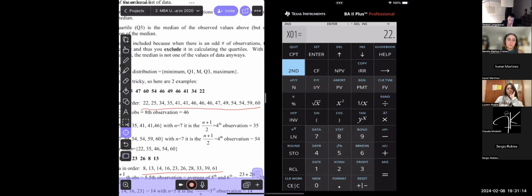Now I ask it to show me the statistics and I scroll down: 15 observations. There's my mean, 43.93. I can put it on my document. So 43.9 or 44 hits. And that's the sample standard deviation, 11.25 or 11. We can round to number of hits, although my rule is keep 2 more decimals than the values you entered. So you guys should practice that. You need to use your calculator for the test in 2 weeks. So practice replicating my calculations.